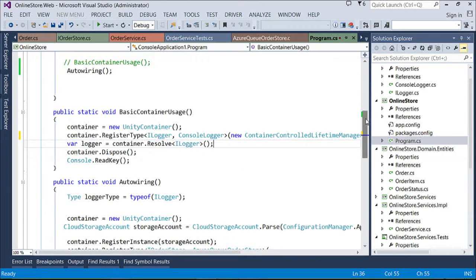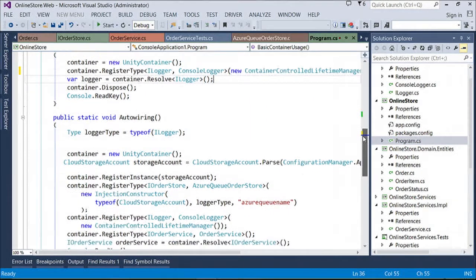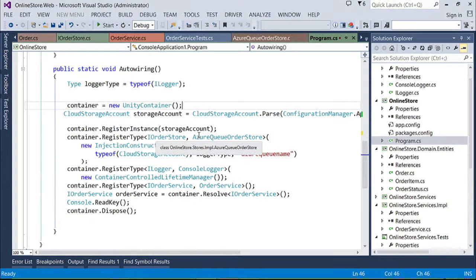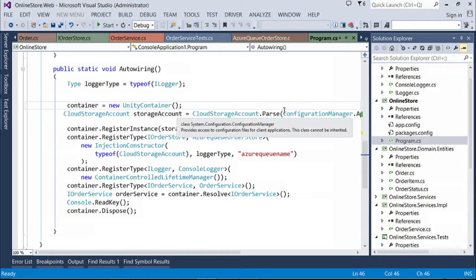So I have this here. What I am doing is I am creating against an instance of the container. You will probably use one instance of the container through the lifetime of your application. I am creating an instance of the cloud storage account here. Basically, I am reading the storage account connection string from configuration, and I am creating an instance of the storage